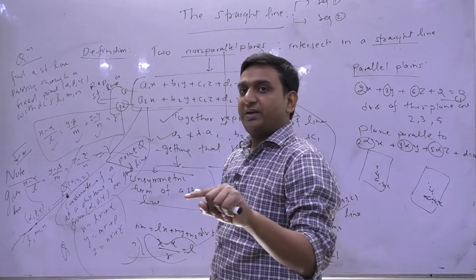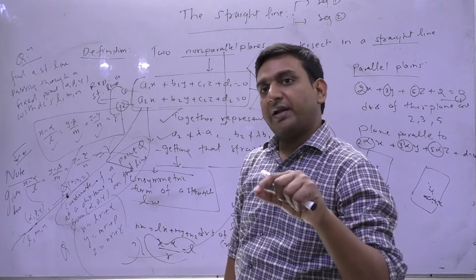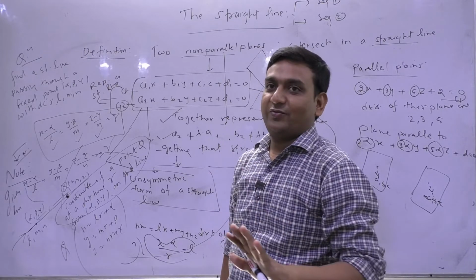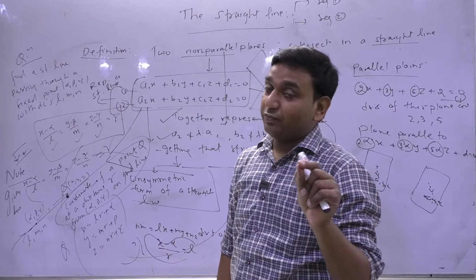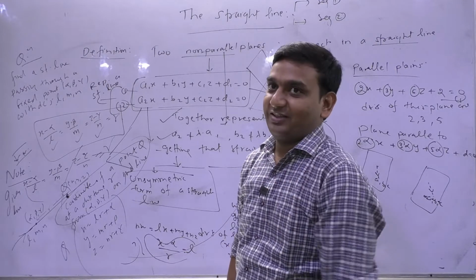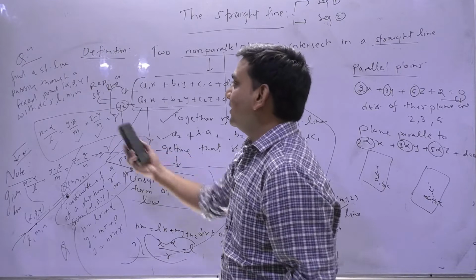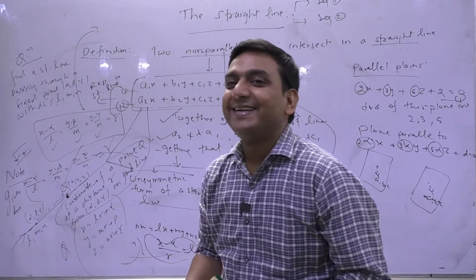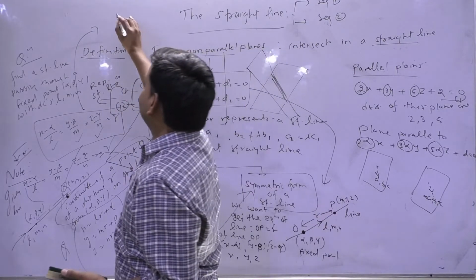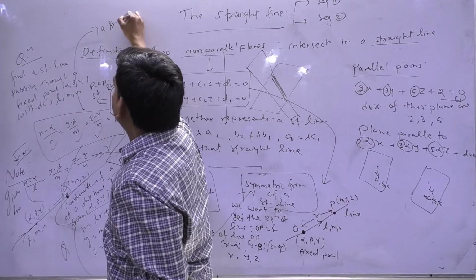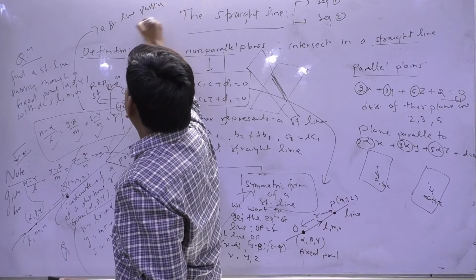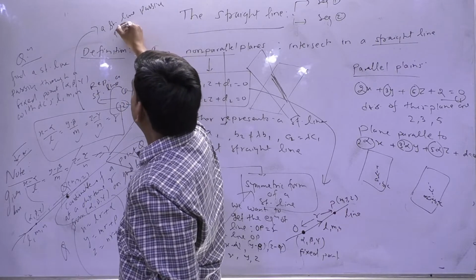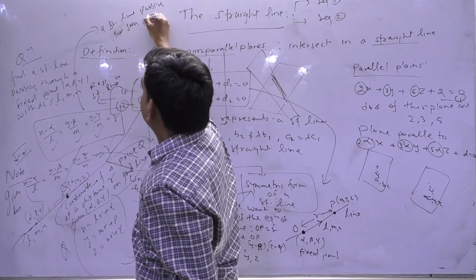Straight lines, unsymmetric form. Straight line, symmetric form. In symmetric form, the coordinate of a point at distance r from the point through which the line is passing. Now, right here, another form, I am getting a little greedy here. Suppose that someone asks for a straight line passing through two points, passing through two given points.